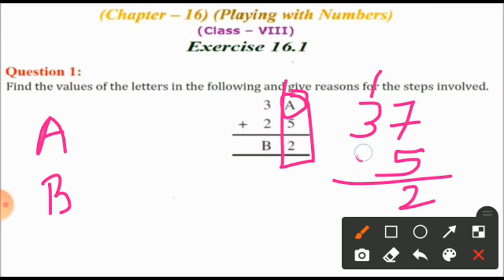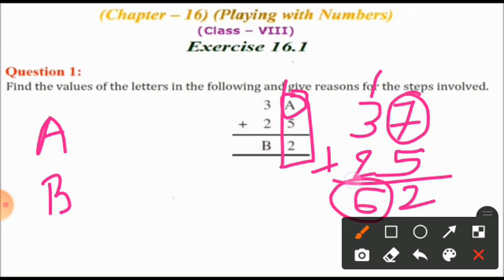Okay, then here 2. Isn't it? And before that there is a plus sign. So now we have 3 plus 1, 4. 4 plus 2, 6. So here you have two numbers, 7 and 6. So what about A? A is 7 and B is 6. Is it better? Correct? Yes, it is right. B is equal to 6 and A is equal to 7.